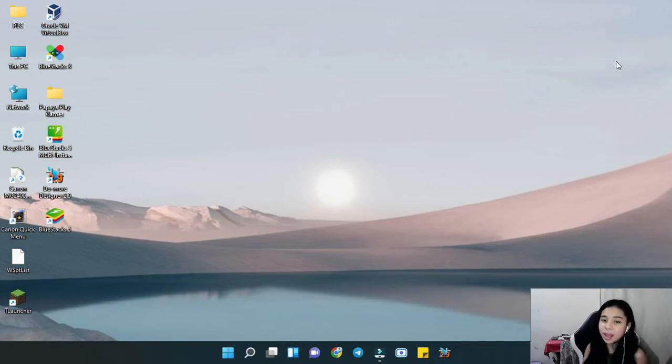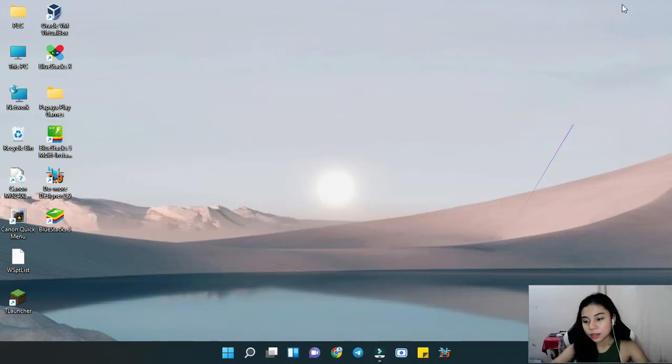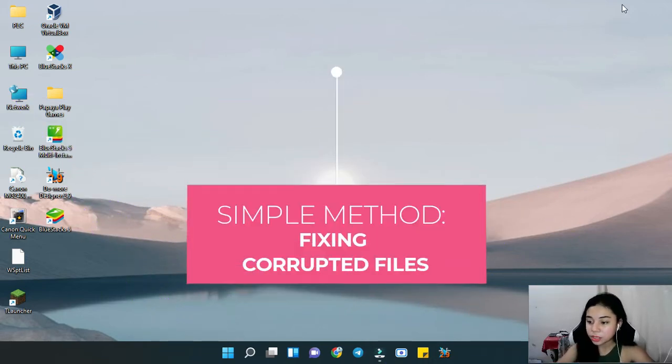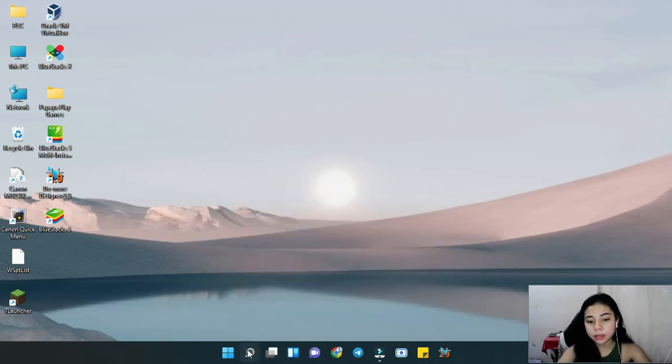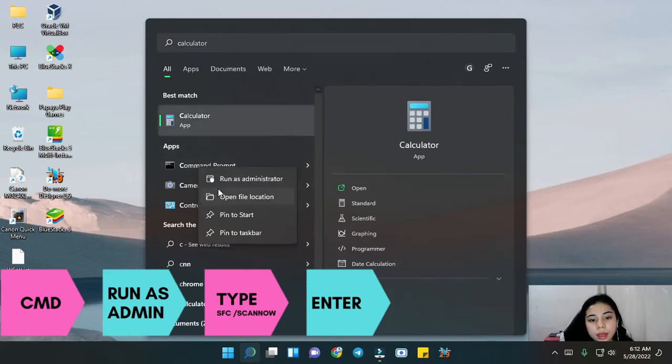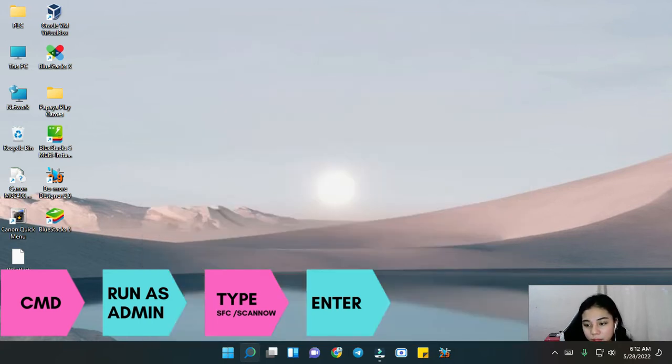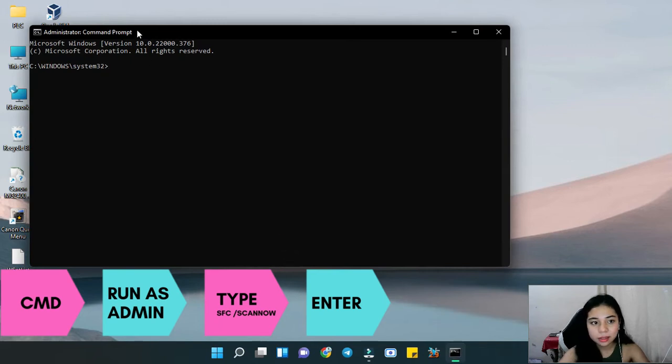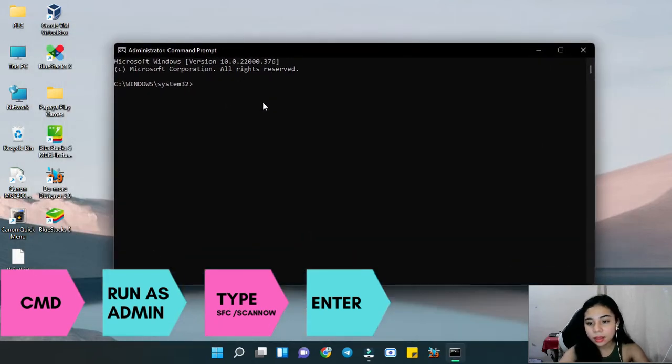I'll demonstrate how to fix this issue on Windows 11. Just follow the step-by-step process. I'll teach you two methods for fixing corrupted files on your computer. The first method is to search for the command prompt and run as administrator. Click yes and type